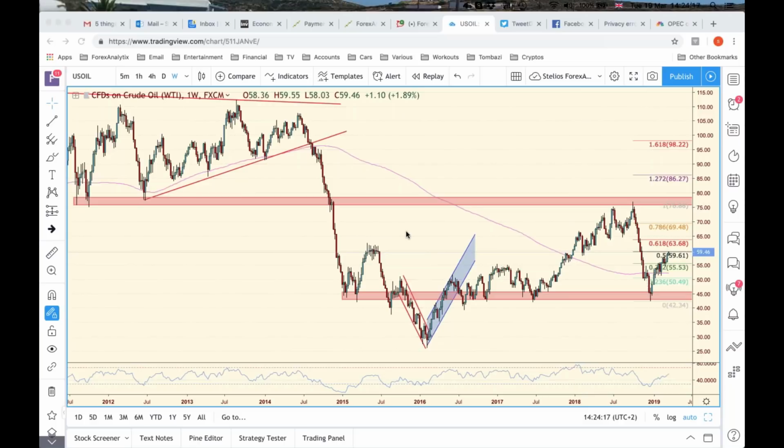Oil has been trading within this range of $40, $45 to $75, and the mechanics of oil are actually quite interesting because supply changes a lot. It's not like gold and silver or other commodities. Other commodities will change as well, but the supply is so controlled by OPEC and by shale oil producers that the mechanics change from one week to the next. So my view is that it will continue to trade within this range, because if it gets close to, let's say, the upper end, $70, $75, then